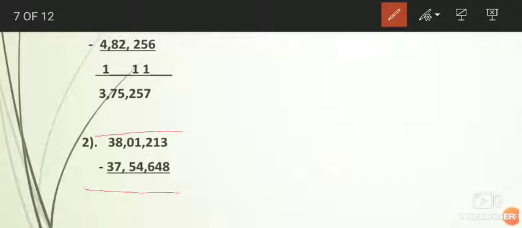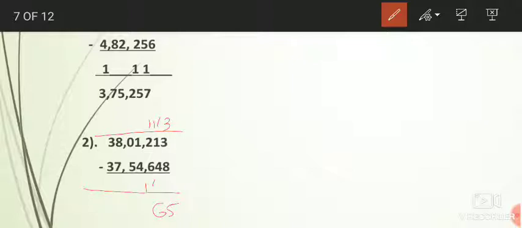Subtract now. 3 minus 8 we can't subtract. Borrow 1 point, the borrowed point right here below, and it is 13 minus 8. 13 minus 8 is 5. Now 4 plus 1 is 5 students. We can't subtract 5 tens from 1 ten. So borrow 1 point, that borrowed point right below, and it is 11. 11 minus 4 plus 1 is 5. 11 minus 5 is 6. Again 6 plus 1 is 7.